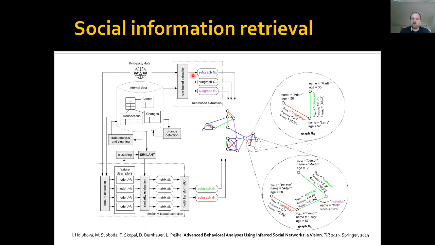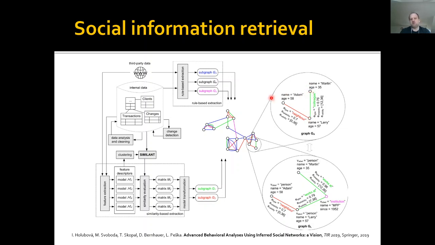It comes from the demographic data or other data, and this is, for example, a relation because these two persons, Larry and Martin, share the same workplace because they have a shared institution, that is our faculty. This is the connection to the faculty from one person, Larry, and this is the same connection with Martin. So we can collapse this node, and we can see that Martin and Larry are connected by this kind of